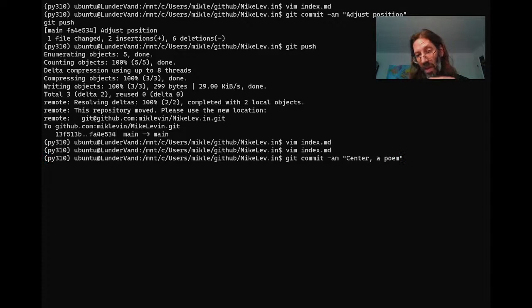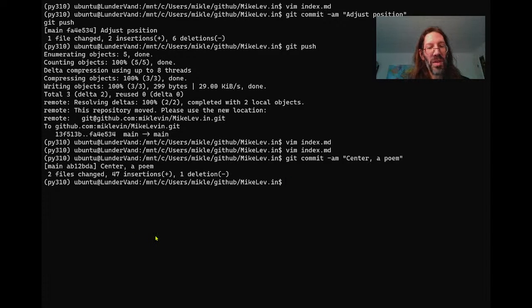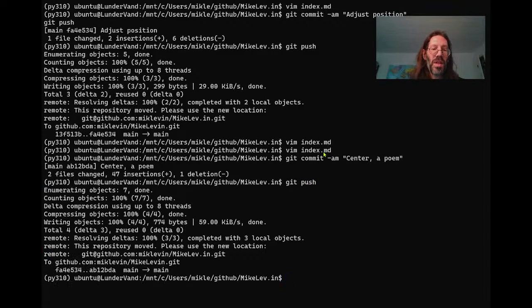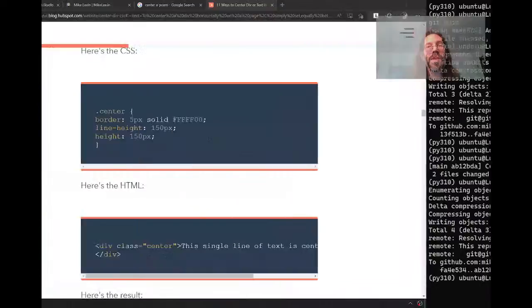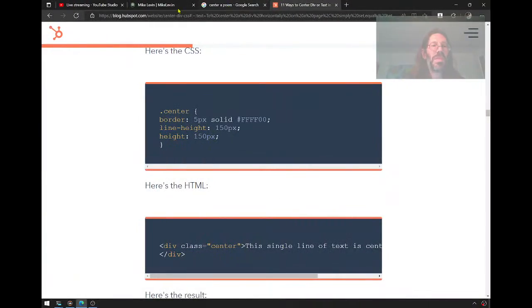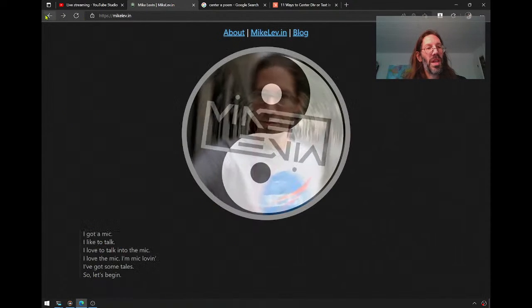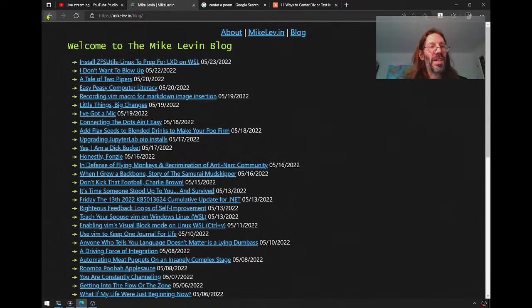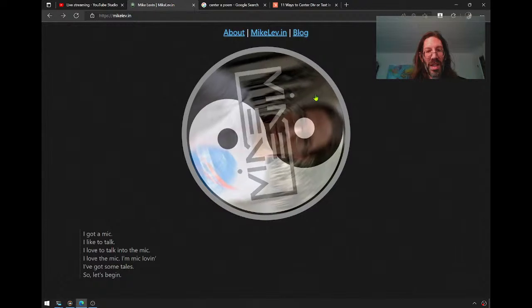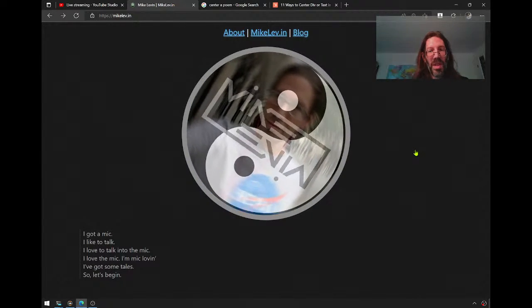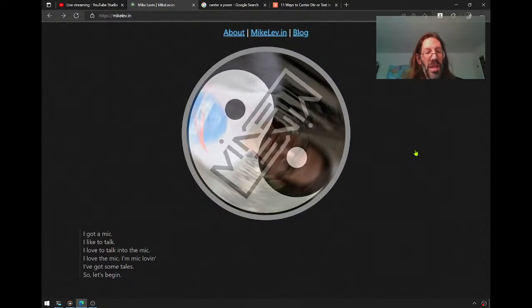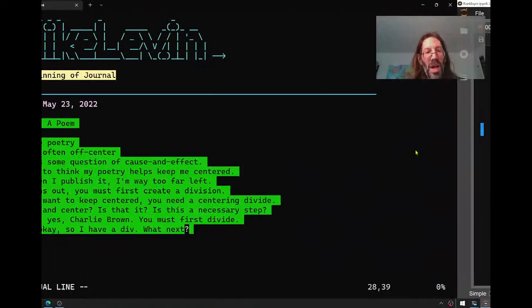I mean, I will publish center a poem separately. I think that's a good one. Git push, but this is really just my commit message on what I'm doing to the home page, which will take a second for it to propagate. So it's not like I can just pop over here, do a refresh, and oh, I see. Whenever I click here, I'm actually clicking on this, which brings me to the blog, I suppose. Okay, so anyway, that's going to take a moment to propagate.